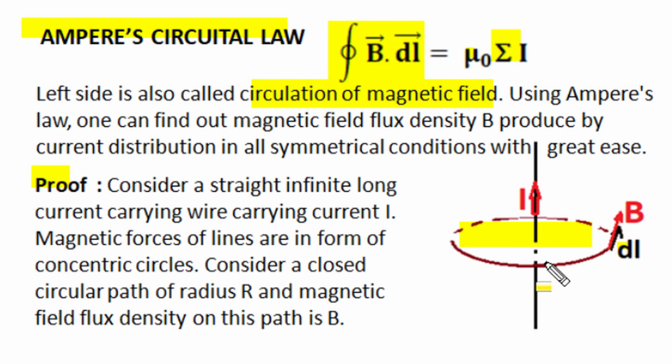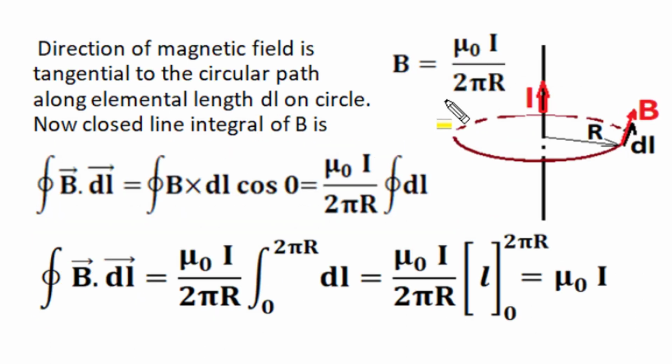Let's consider a closed circular path of radius r around this conductor, with this conductor as central axis for that path, and let the magnetic field flux density on this boundary loop be B Tesla. From Biot-Savart law and mathematical analysis, we have found that for a long straight I current carrying conductor at mid positions at perpendicular distance r, the magnetic field flux density is given as mu0 I upon 2 pi r, and